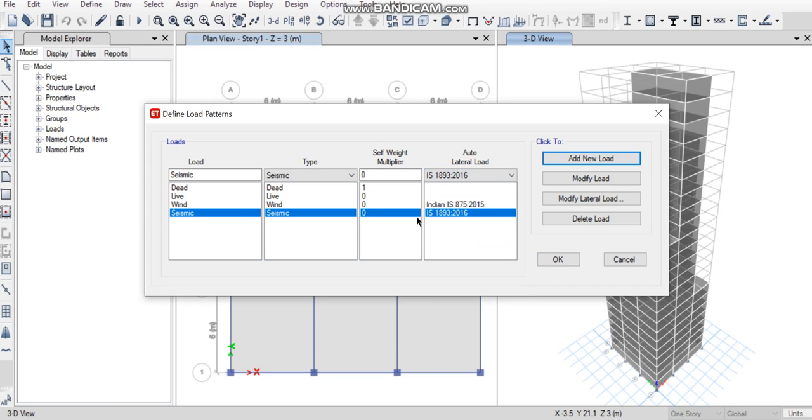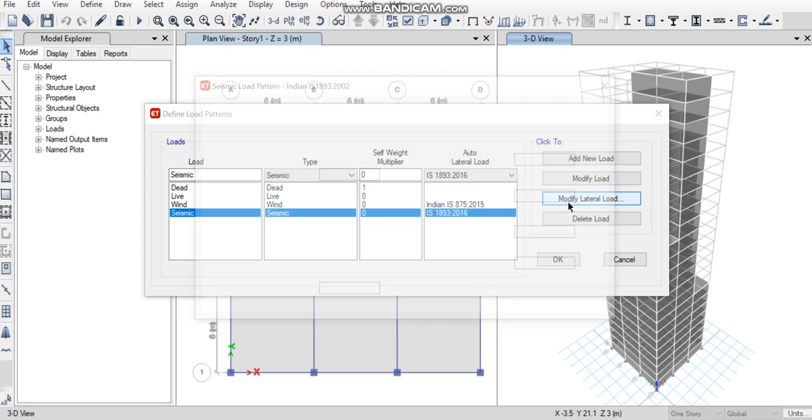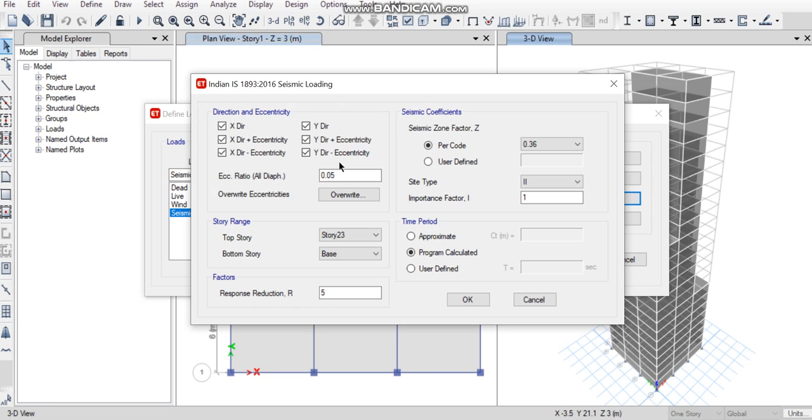Add this new load, and after adding this load modify this load based on the given parameters. Here we apply the load only on X and Y directions and keep the story range as same, and we know the different values.